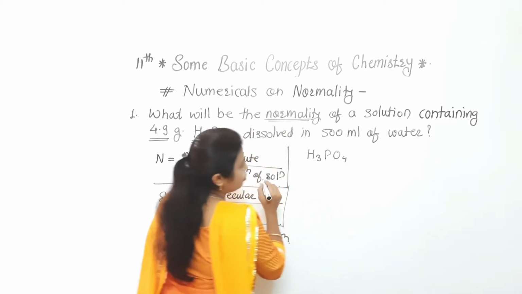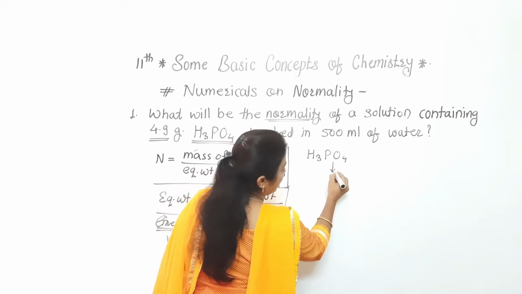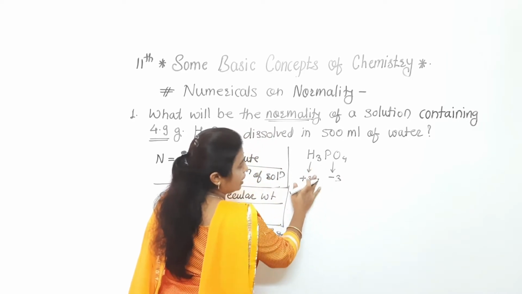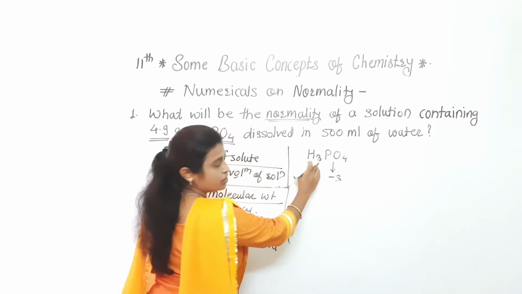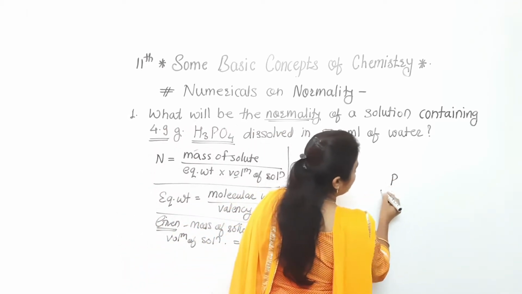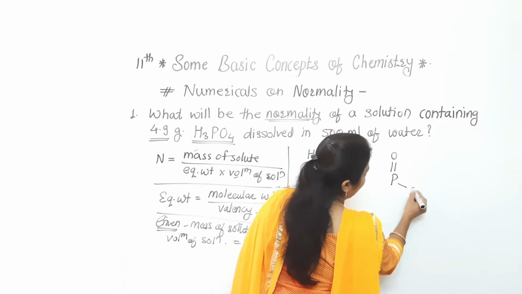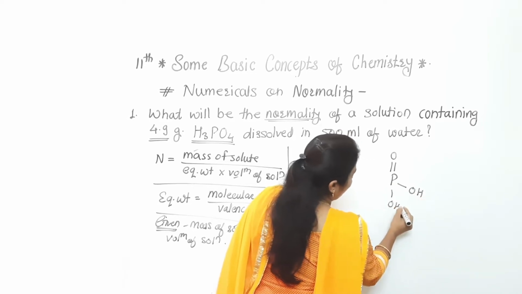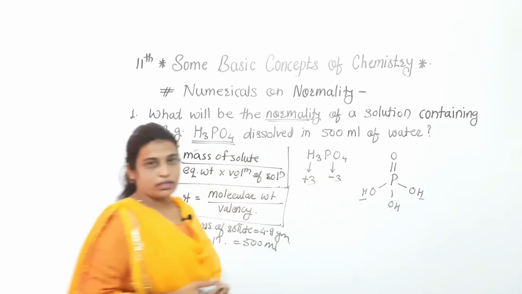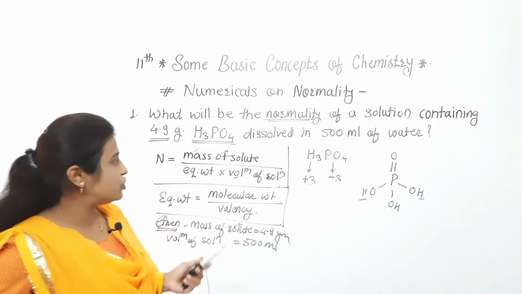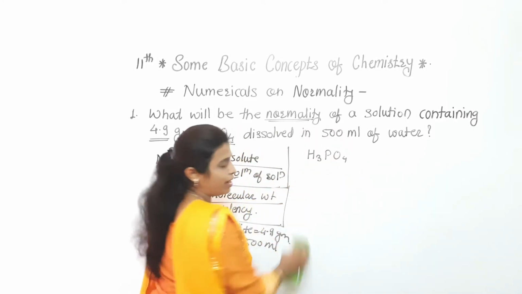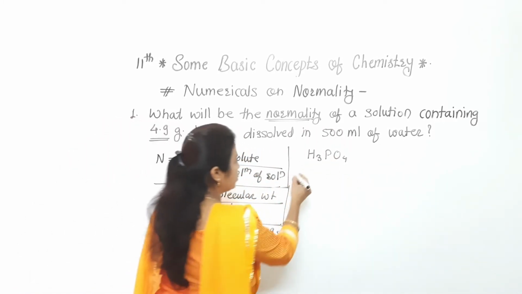H3PO4, that is the phosphate is there. So phosphate carries -3 charge, it carries +3, because each hydrogen carries +1 charge, 3 hydrogen atoms are there, that's why 3. Because if we consider the structure of phosphate, it is OH, OH and OH, that's why each hydrogen is ionizable. So here for the H3PO4 valency is 3. Clear to everyone? So valency we have to take, that is the 3.